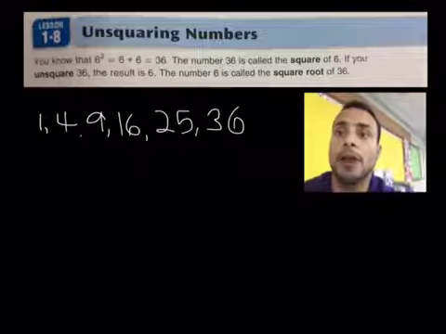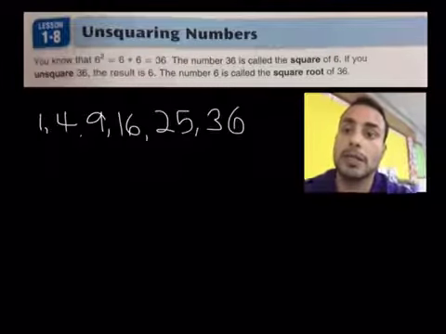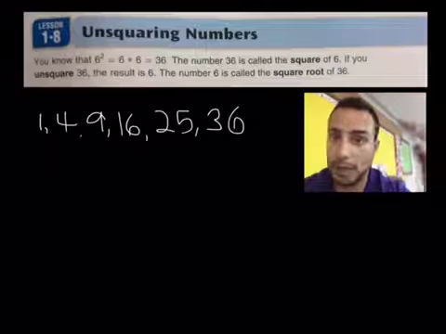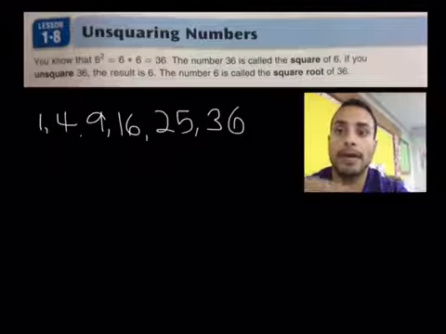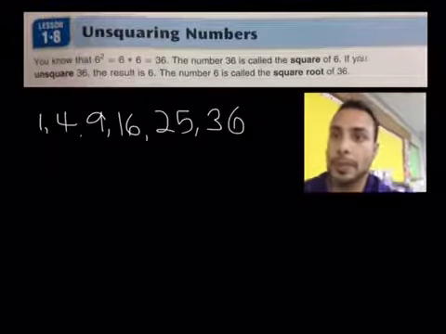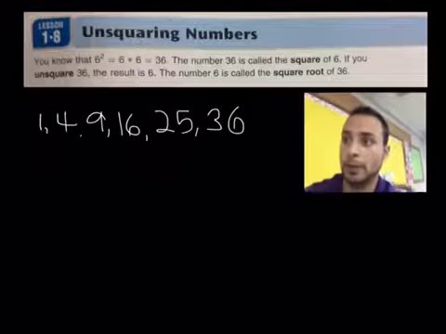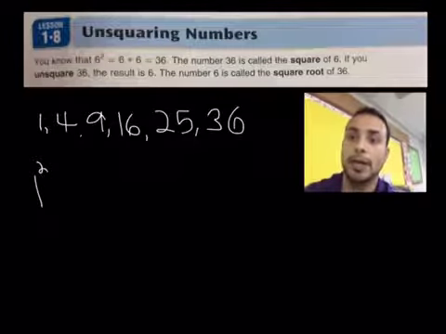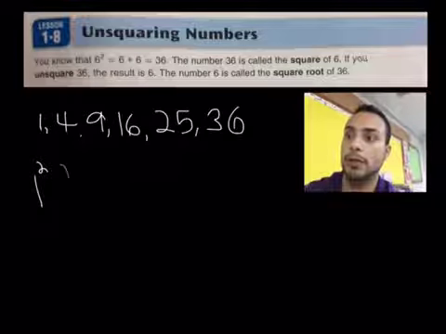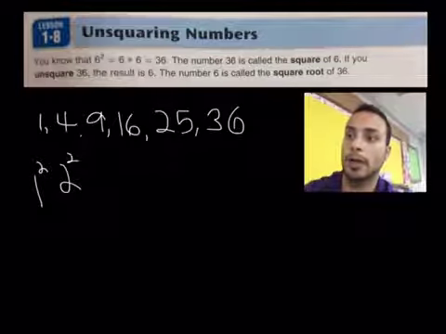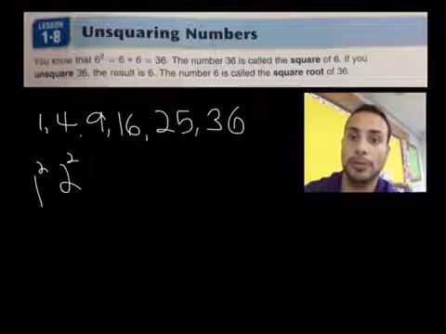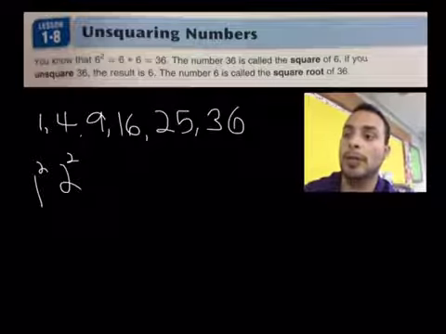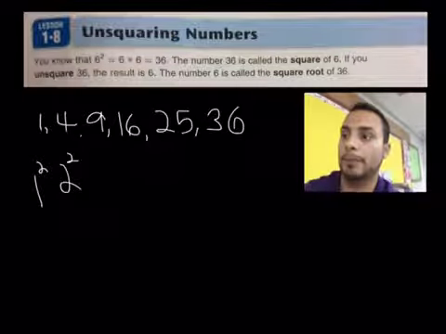All of these are square numbers, which means two factors that are exactly the same made this number. So for example, we know that 1 times 1 made 1, so 1 squared. And 2 times 2 is 4, so 2 squared, and so on. And 3 times 3, so 3 squared. But we don't actually write the square. What we do write is